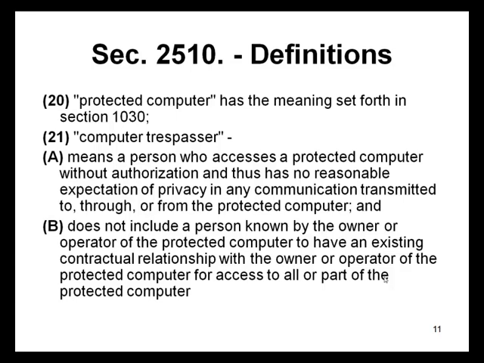And that's really important, because most of the rest of the statute will talk about what a reasonable expectation of privacy is. And the assumption is that if you are lawfully there, then you have a reasonable expectation of privacy, whereas the statute here defines a computer trespasser as someone who has no reasonable expectation of privacy because they're not supposed to be there. And like a lot of the things in the Electronic Communications Privacy Act, there are some exceptions to that, which you can see on the screen.